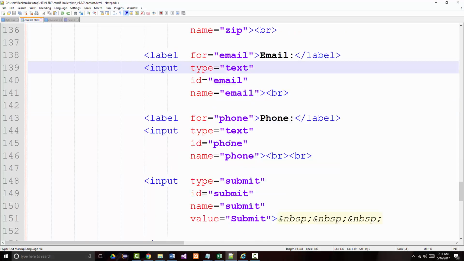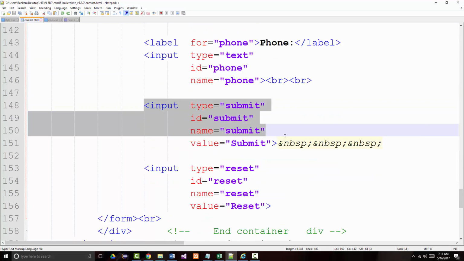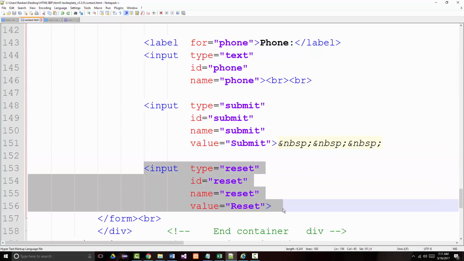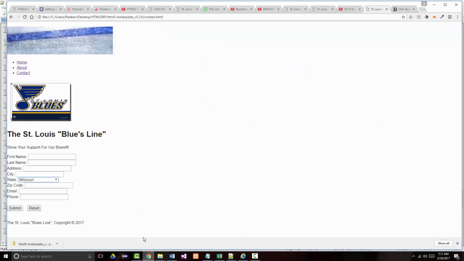All right. Then we've got our submit button. Put a couple spaces in between it. And we've got our reset button. And that's everything that we have right here. So again, you can see that there is virtually no